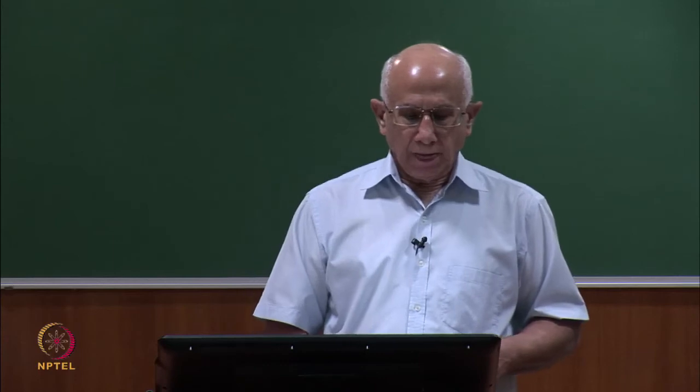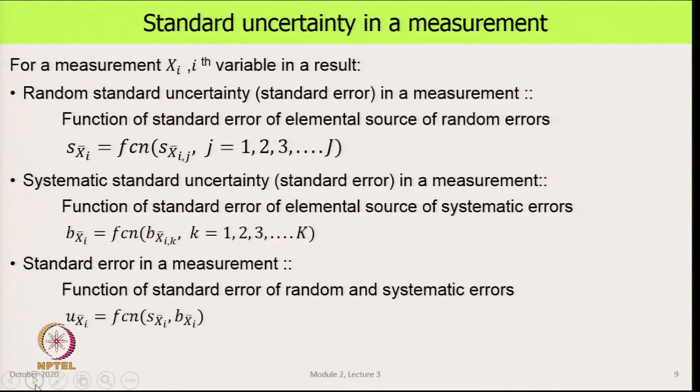So, here we are, standard uncertainty in a measurement. Again, we are looking at the ith variable in the result. We repeat it for every parameter. The random standard uncertainty in the result or the standard error in a measurement. This is a function of the standard error of the elemental sources of random errors. That means this Sxi bar, which is the random error in a measurement, random uncertainty in a measurement,